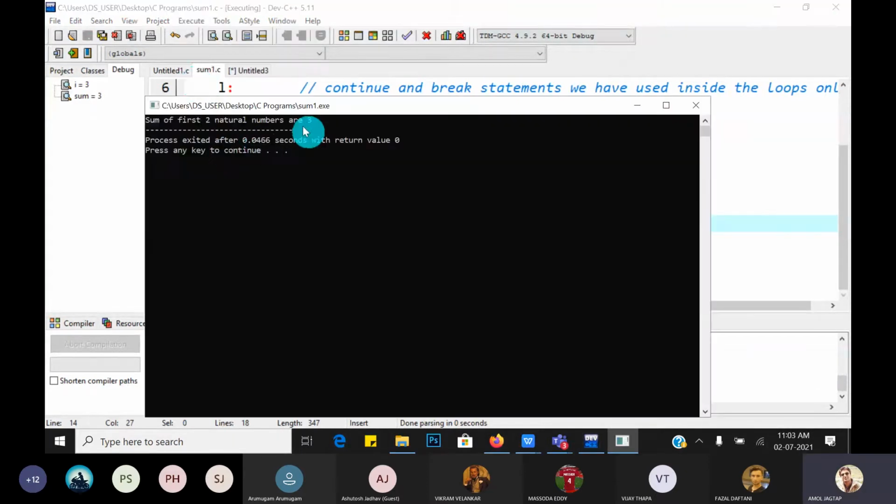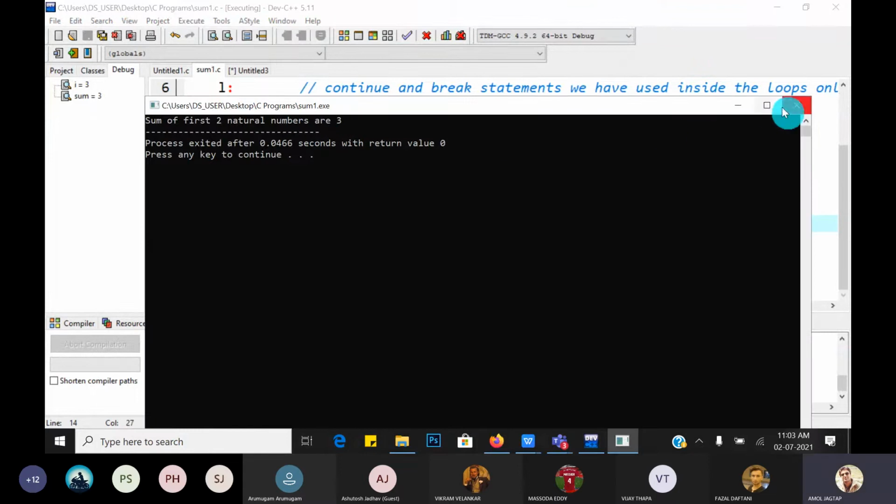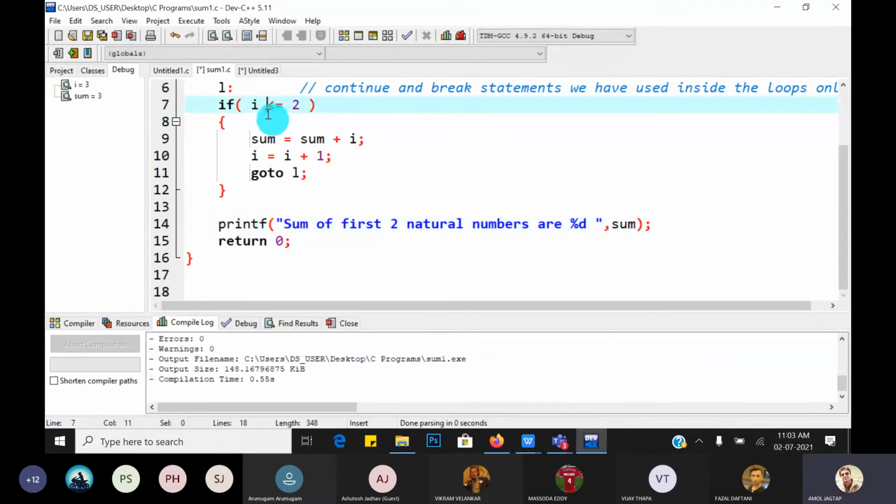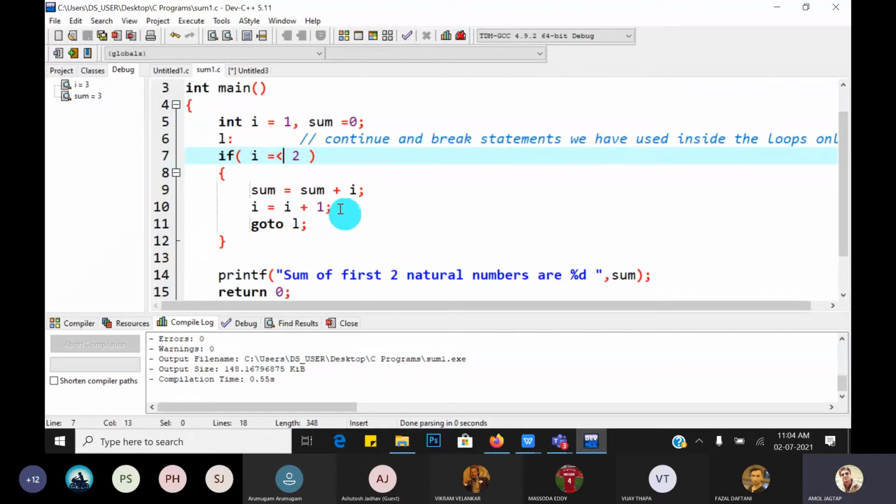Check the output is 3. Yes, it is correct. Now my question is, if I am writing the operator less than or equal to, instead of that I write equal less than. Great. Equal less than. So what is the output of this program?